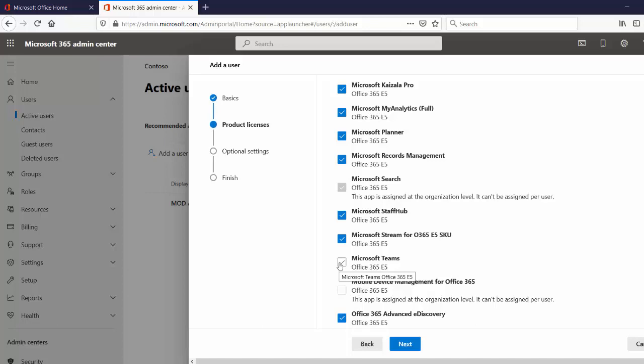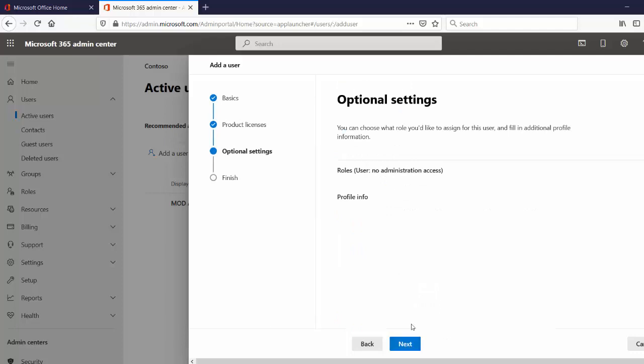So even though this license for this person happens to include Teams, they will not have access to Teams. So now it's just a matter of clicking on Next. Here you will have the ability to assign someone a role. Now by default, you'll notice this person is called a user, which for the most part means this person has